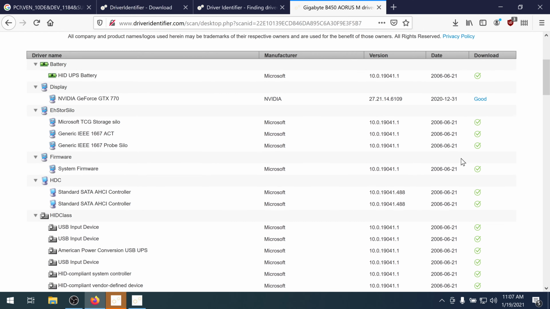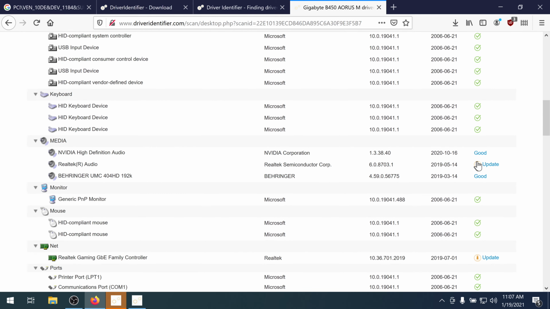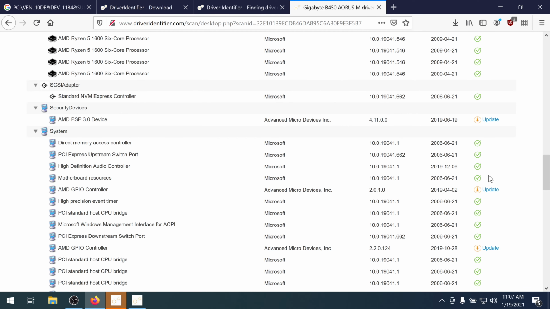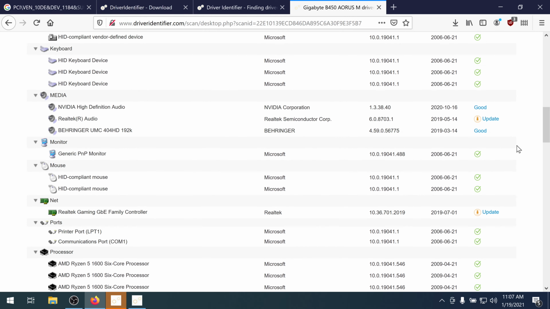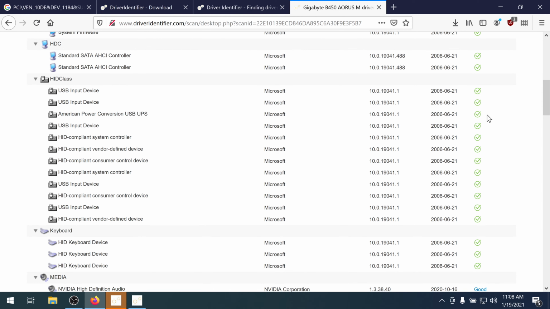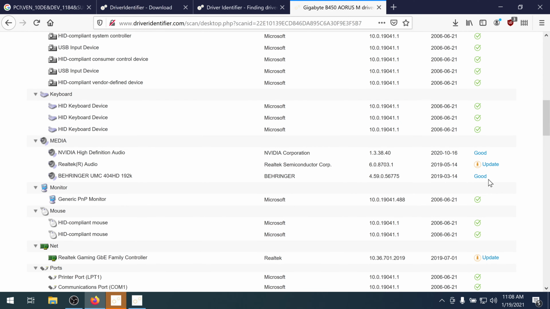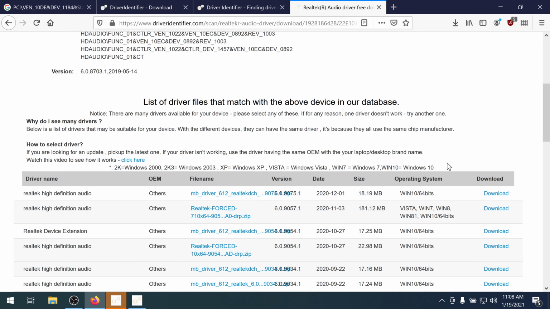There is really no reason. All my drivers are up to date, so I can't show you how it looks when it's not installed, but it will have a download button and I think a red triangle or something. Just download it from here. Let's say we download this one just to see how it looks.